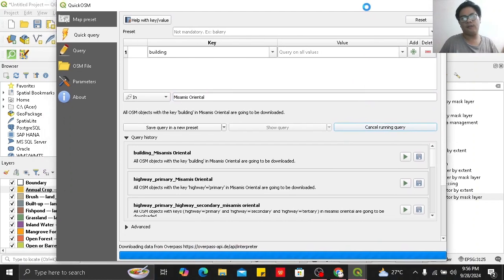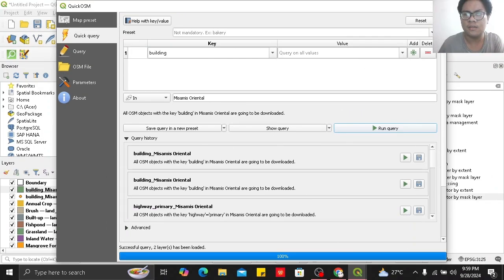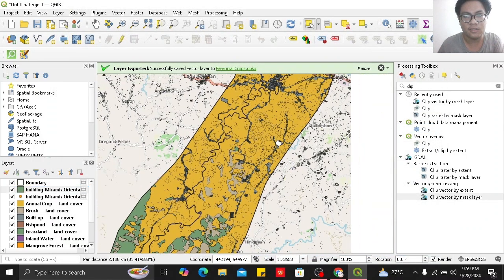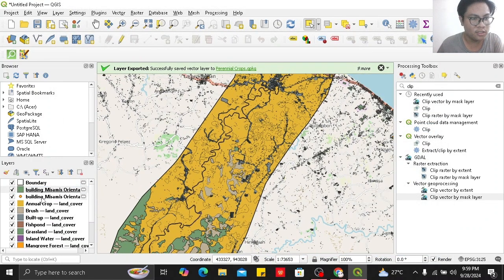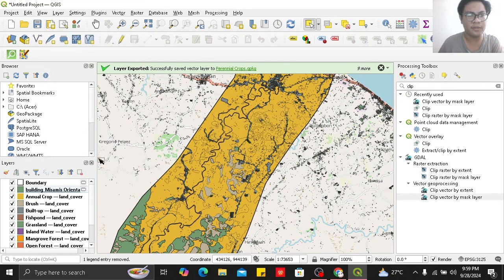This will take a while. It's done? Oh, thank God it's done. Okay, now we have all the buildings. You may just delete the dots because we don't need that. We need that layer, the buildings. So first, you want to reproject